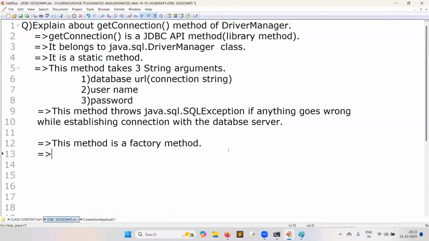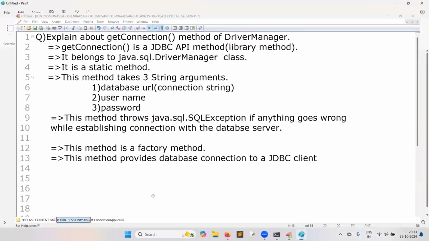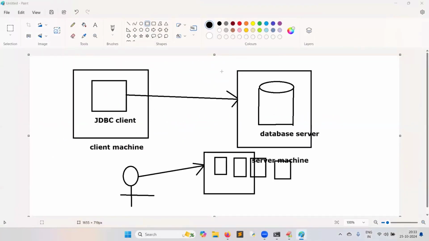So this method provides a database connection to a JDBC client. It provides a connection to the Java program.